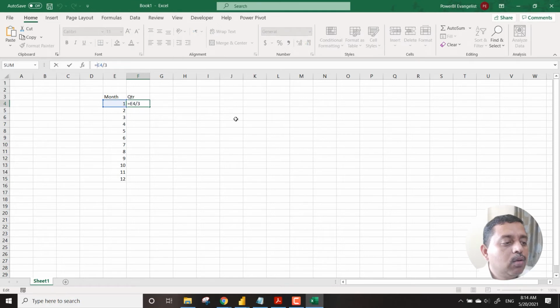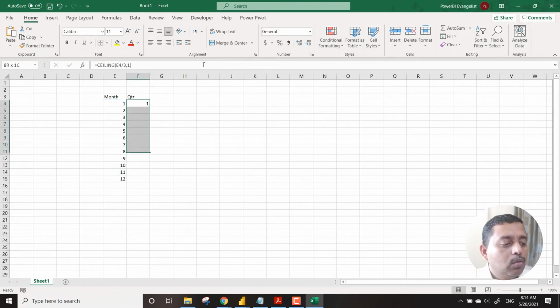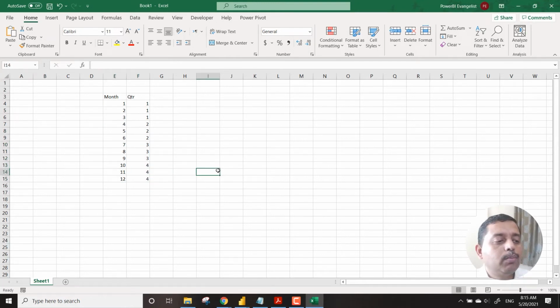Now if I go and take the ceiling of this particular number, automatically you will see that the first 1, 2, 3 has become 1, and then we have 2, then we have 3, and then we have 4. So it works perfectly fine.